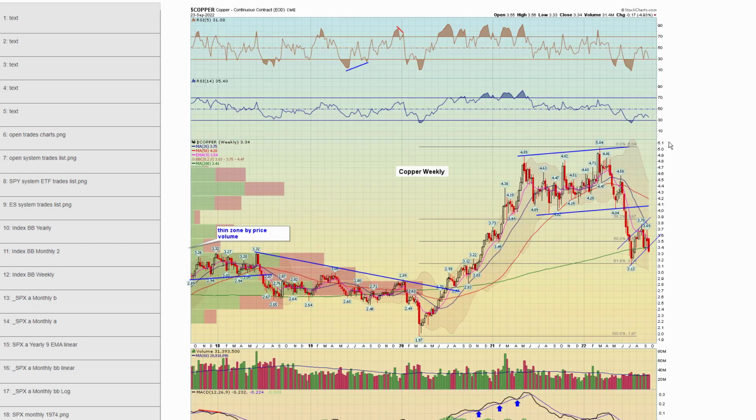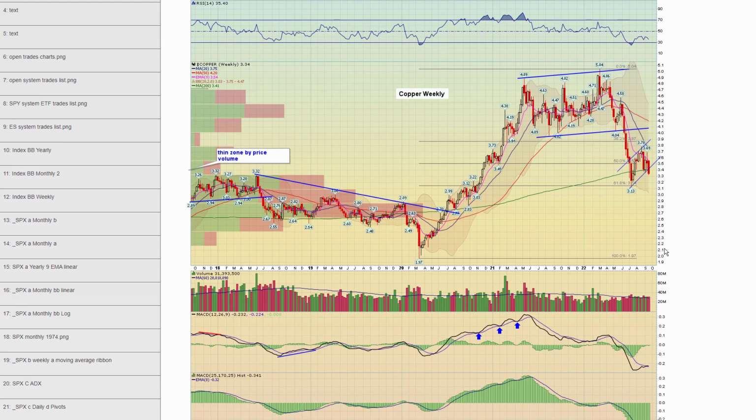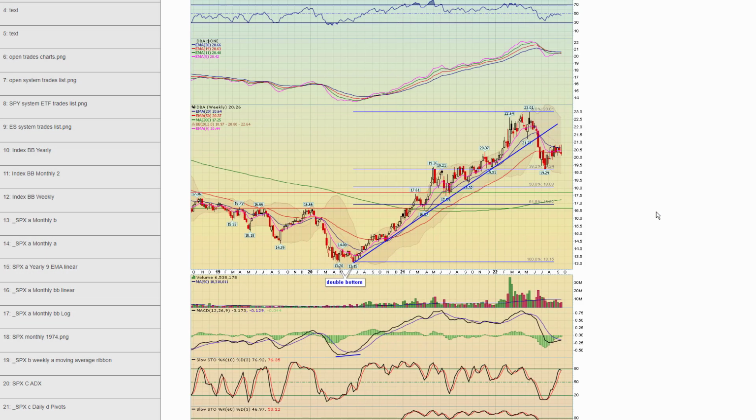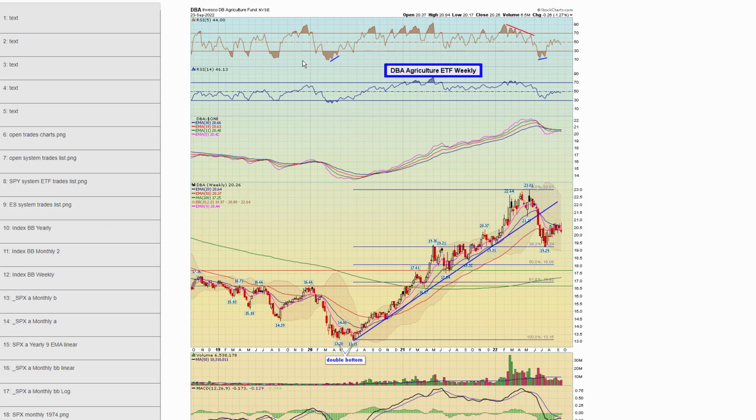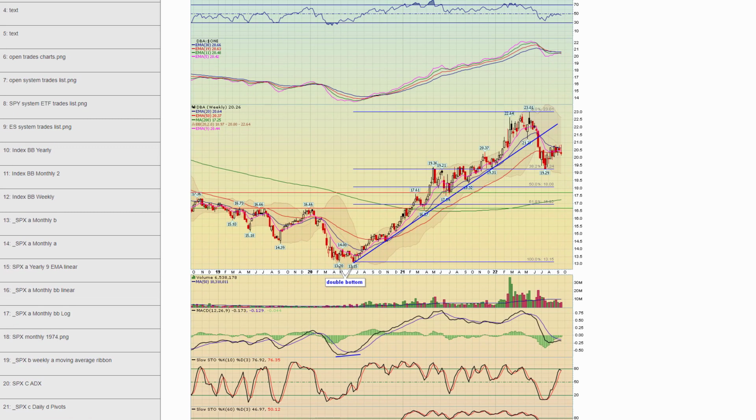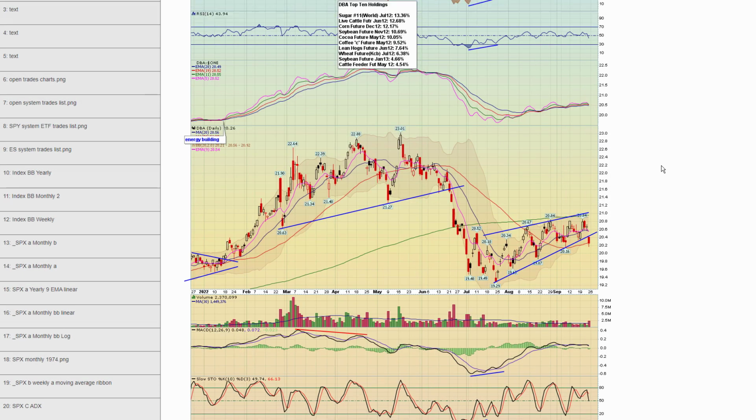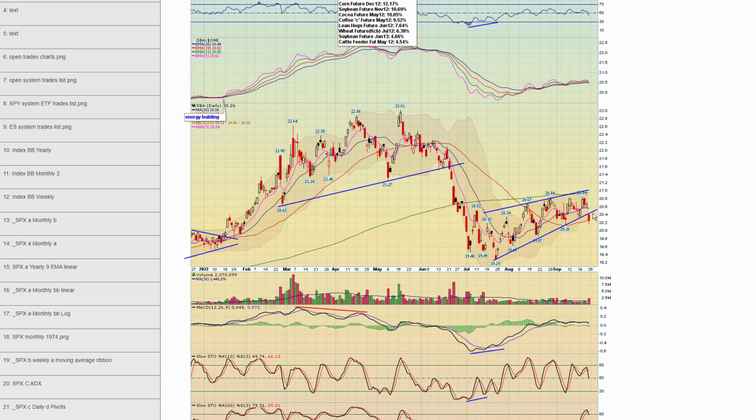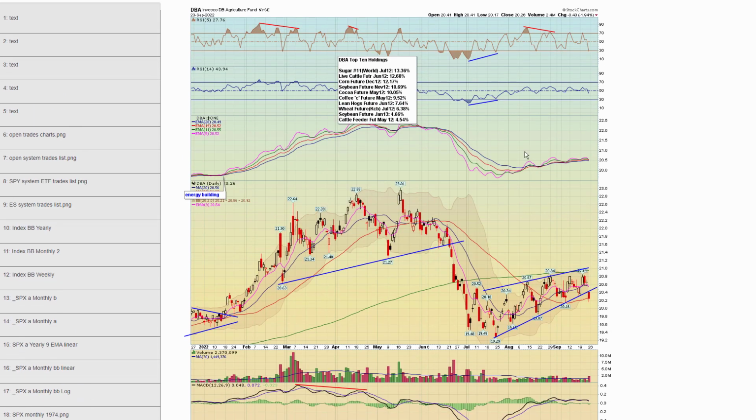Next, chart 70, copper. A bear flag has been setting up here. In fact, I've been showing the weekly chart in all my newsletters for a while because it just looked like a textbook bear flag, and it now looks like it wants to play out. Next, chart 71, DBA, agriculture, also has a bear flag look to it on the weekly here. Next, chart 72, there's the daily chart, and this wedge-like pattern is starting to break now.